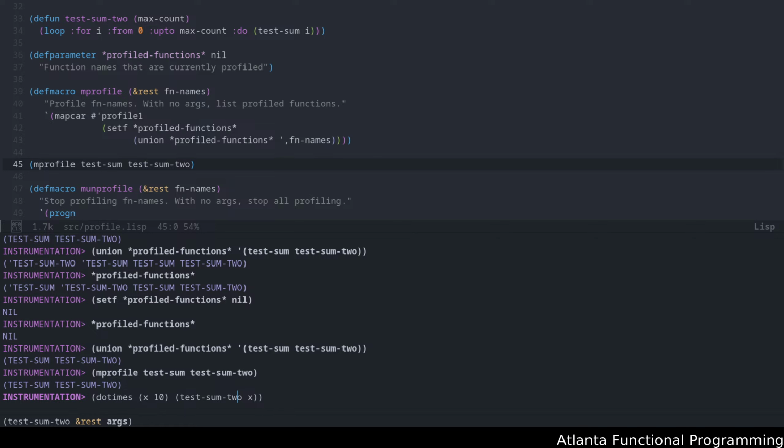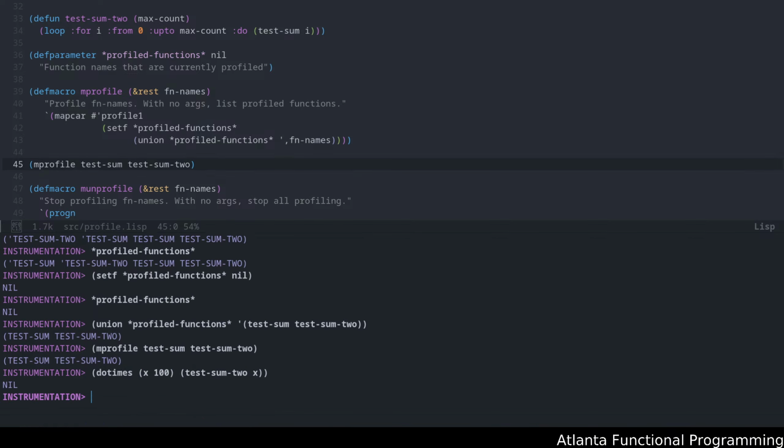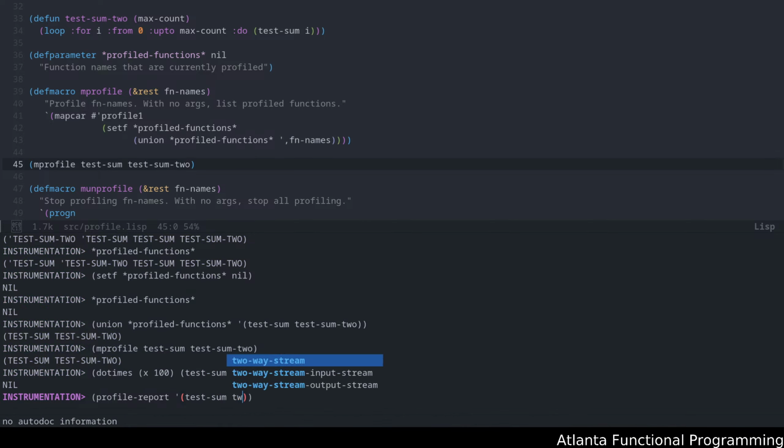Okay. And let's make this a little interesting by calling this 100 times. Okay, so now let's run our profile report on test sum 2.